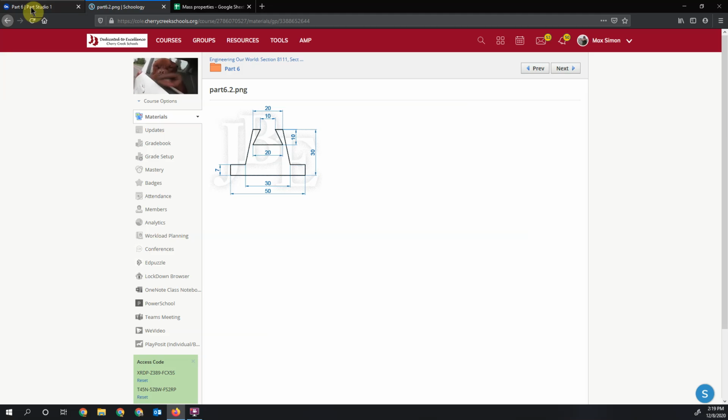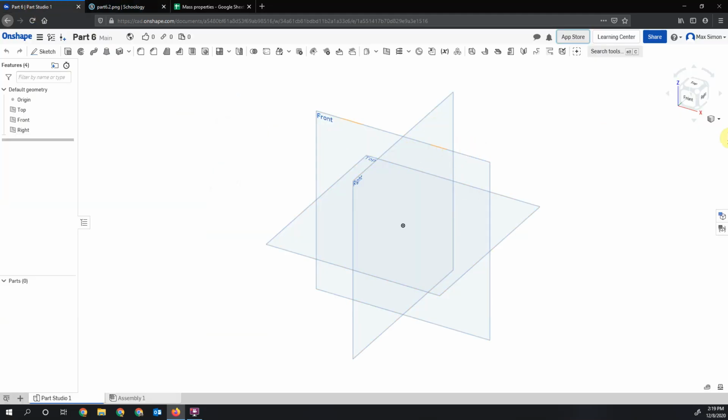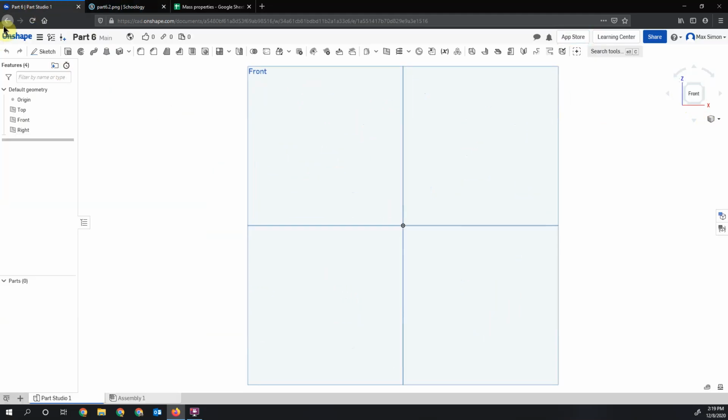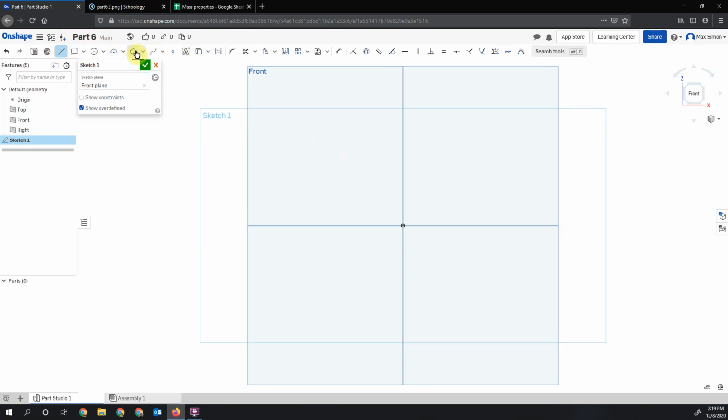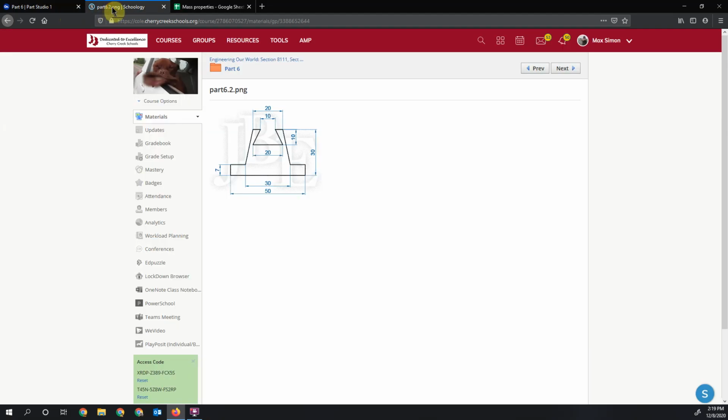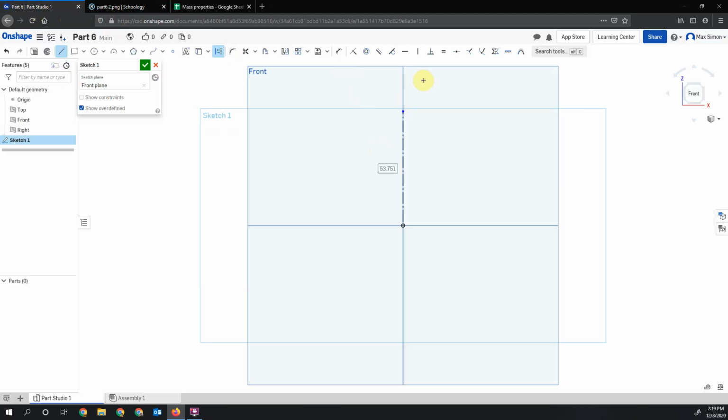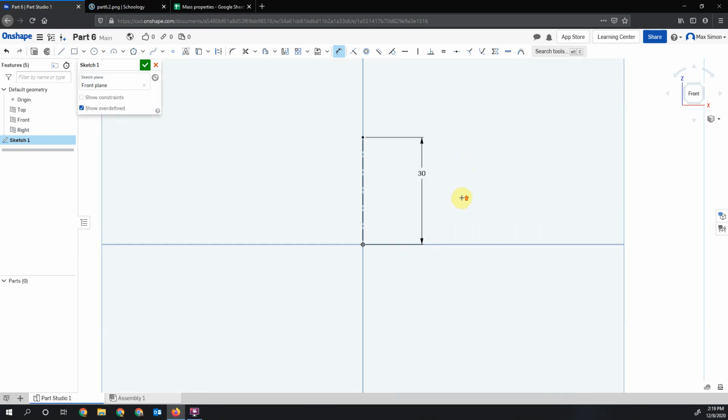So to get started, I'm going to sketch this on my front plane. Sketch, and I'm going to get started with a line for construction for my height, which once again was a height of 30. So let's smart dimension this 30,